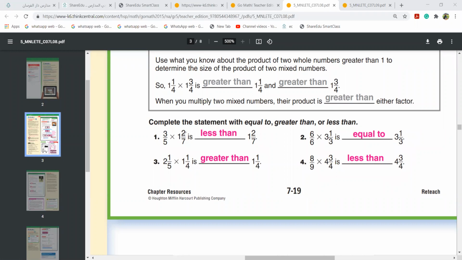Girls, once again, if you see denominator and numerator same, cut it. Now see this and this, they are equal. Any numerator or denominator, even 1000 over 1000, that means it is 1. Because both are same. That means it is 1. So 3 1 over 3 equal to 3 1. You write down equal to. If you see a fraction and these numbers are same, write down less than. If you see a mixed fraction and if you see the same, you write down greater than. Okay?